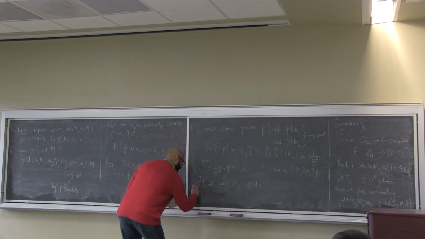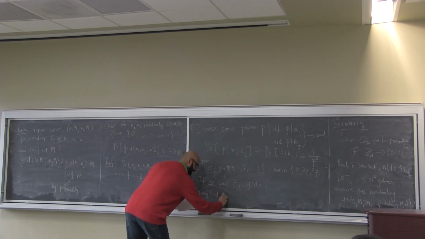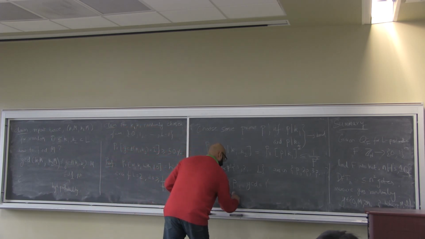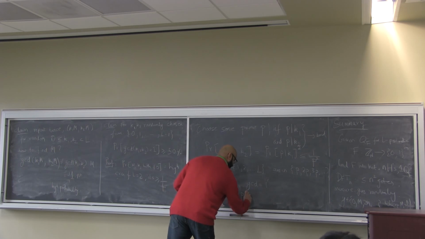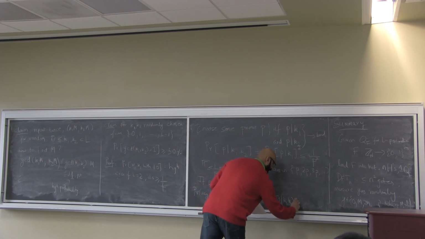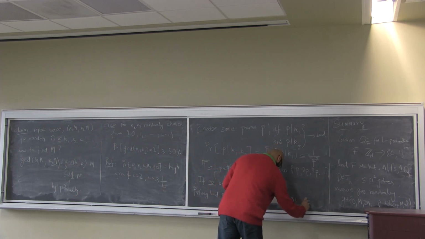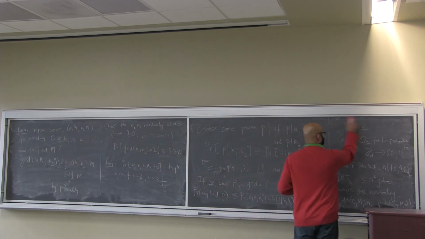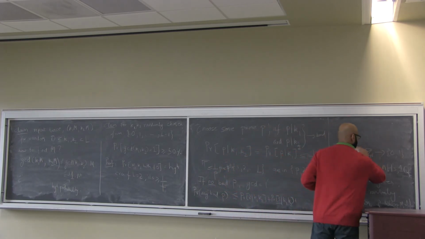Therefore, the probability of any such bad prime which factors both k1 and k2, so that the GCD is no longer 1, is less than or equal to the probability that 2 factors k1, k2, plus the probability that 3 factors k1, k2, and so on and so forth. This will be less than or equal to, according to the inequality that I just wrote down,